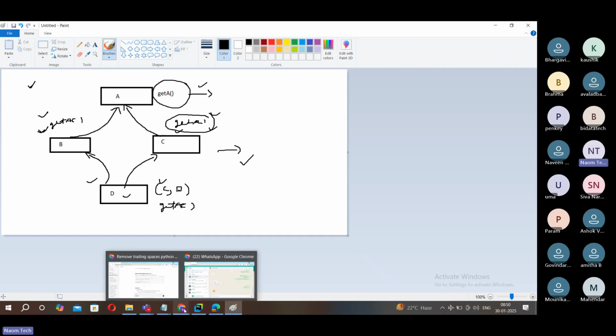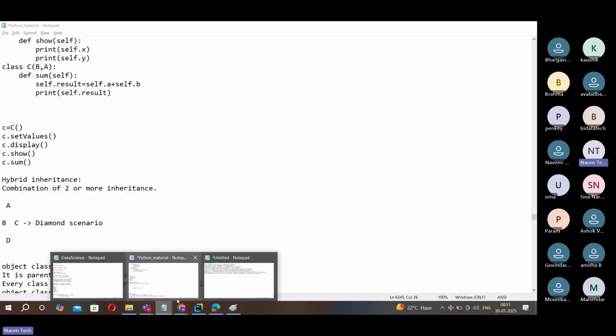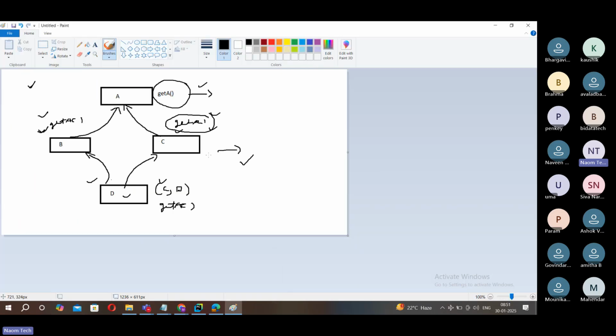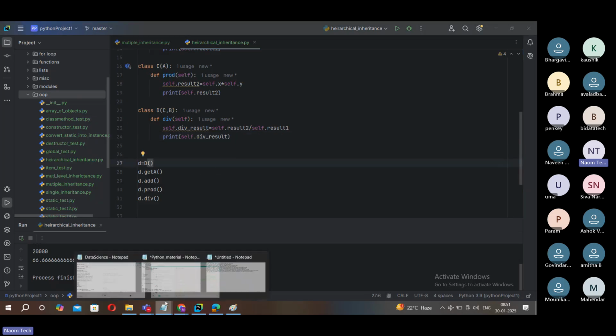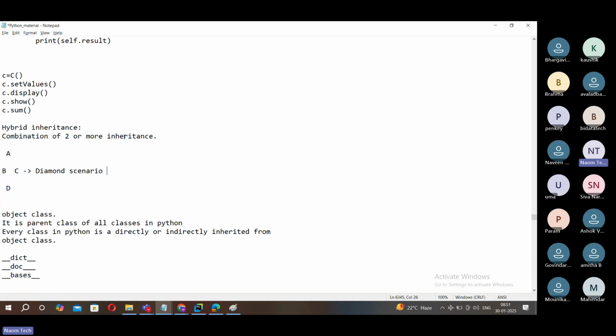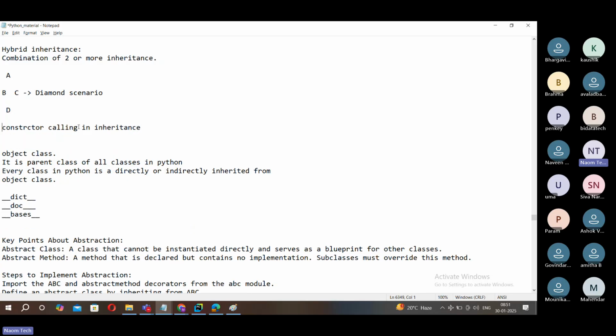So now we are done with all types of inheritance. Next, understanding one more beautiful topic. Let me show you the super method. Again, this is also a very useful thing. One is constructor calling in inheritance. That is one thing. And the second one is